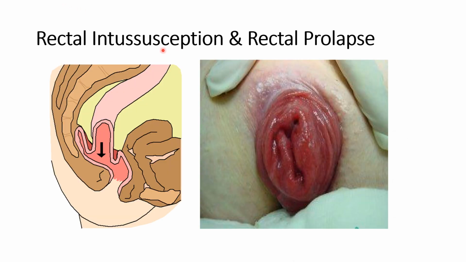About clinical condition of the rectum, one is called a rectal intussusception. While discussing the large intestine, we have seen what is intussusception. It is the telescoping of small bowel into the large bowel. So this is the rectum. The rectum is the small bowel and that is invaginated into larger calibered colon. The rectum is invaginated or telescoped into colon. That is the rectal intussusception.